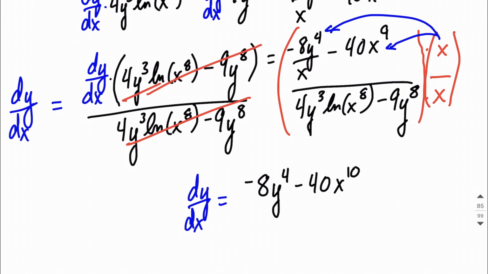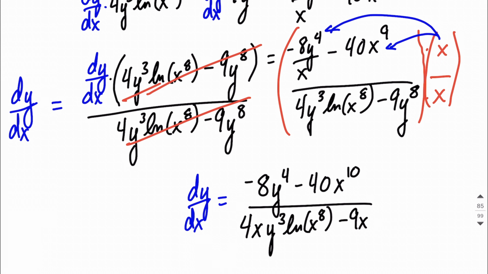Distribute it to the second term. Well, we had 9 copies of x. We're multiplying by an extra copy, so that'll be x to the 10th power. Now, we also probably want to distribute in the denominator. It just depends on how you want this to look. If we did distribute, we'd get an x with this first term. Everything else is still involved with the same first term. And we'd get an x with the second term as well. All right, so a little bit nicer instead of having fractions within fractions. You didn't really need to distribute the x along in the denominator to make it look any nicer. Just personal